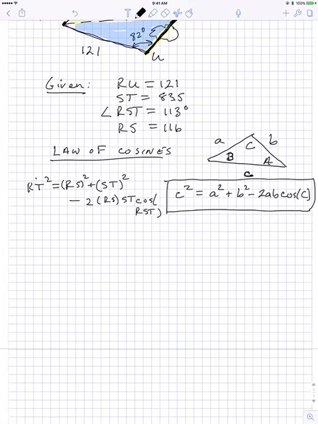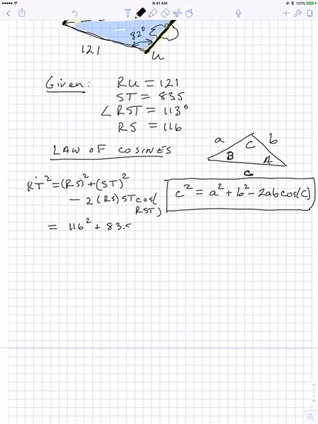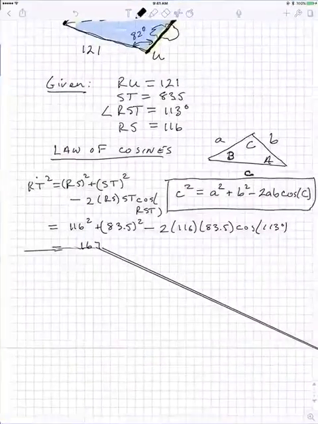Okay. At this point, we can actually plug in these numbers. We know what RS is, so we can plug in 116. We know what ST is, so we can plug in 83.5. Cosine of 113 degrees. Plug those numbers into your calculator and we get 167 point